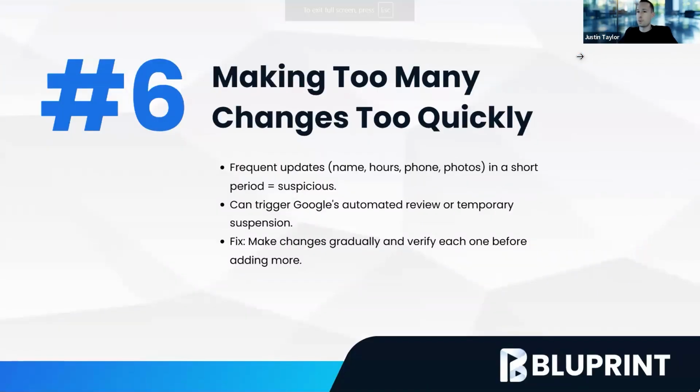Making too many changes too quickly. Okay, this is one that's been popping up in the last 12 months or so. Not as often, but it's definitely come up. So a lot of times when we go in and we attend a class like this or any other classes and we're making all these updates and changes, sometimes that may trigger Google's automated reviews to audit your profile and figure out if it's spam or not, or bots or anything like that. So again, if you're setting up for the first time or you're going in and doing an audit and changing things, just know that certain things may trigger